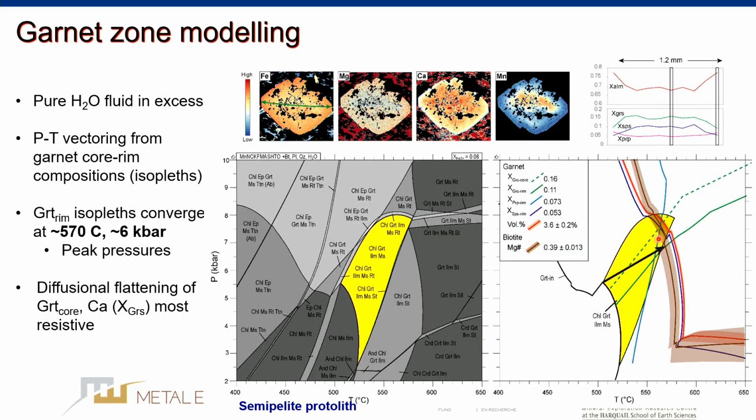Interestingly, this appears to be about the peak pressures that we see in the belts, in the garnet and staurolite zone. That seems to be where you preserve at least the 6 kilobar signature. And then once you increase the temperature, you're probably decreasing pressures as you're heating. So that 6 kilobar signal is overprinted.